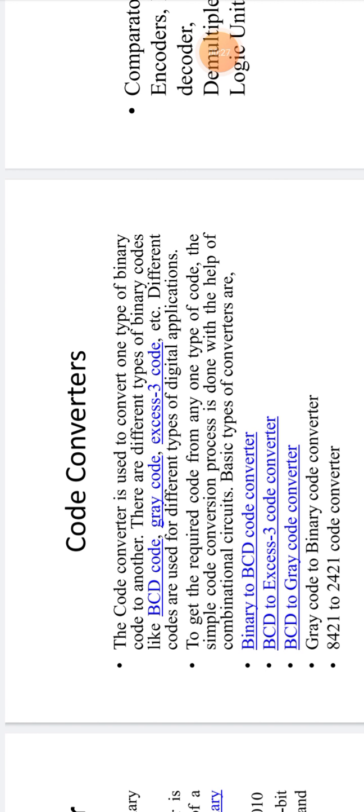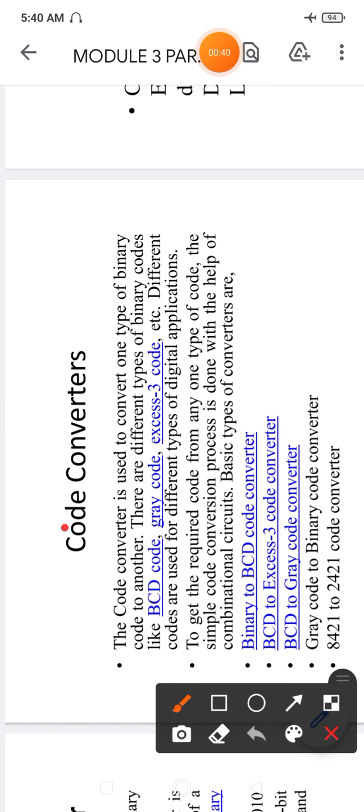There are different types of binary codes like BCD code, gray code, and XS3 code, etc., which I had already studied. So BCD code means what? BCD code is binary coded decimal. And what do you mean by XS3 code?